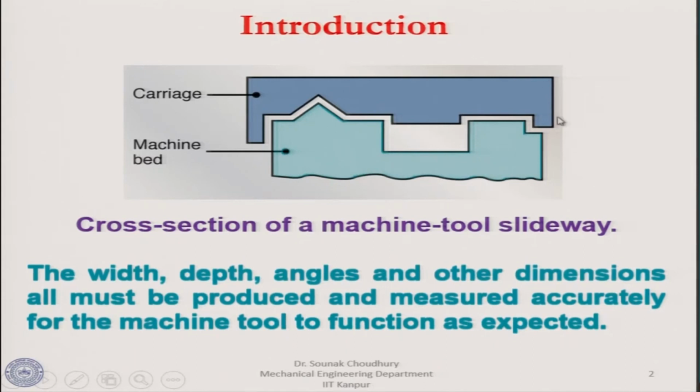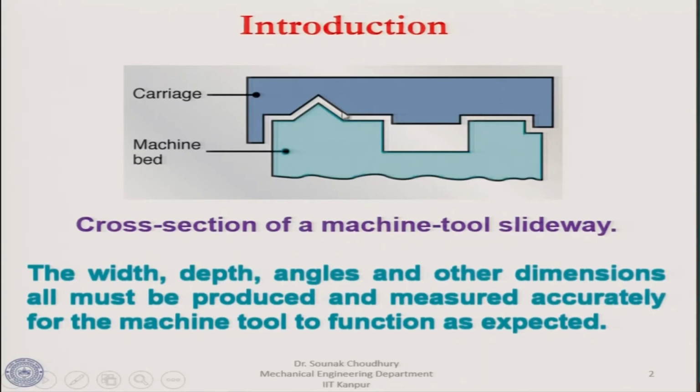say that this is a machine tool carriage and this is the machine bed. Now, the carriage moves over the bed, let us say along this length of the bed, to and fro. So, this is the machine tool slide way. The width, depth, angles and other dimensions all must be produced and measured accurately for the machine tool to function as expected, isn't it? Because it is a very lengthy machine bed and all along this the carriage has to move to and fro